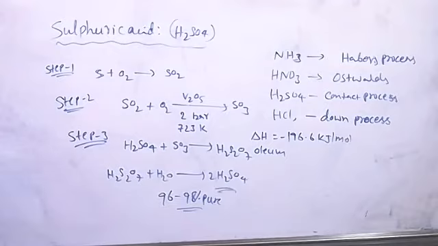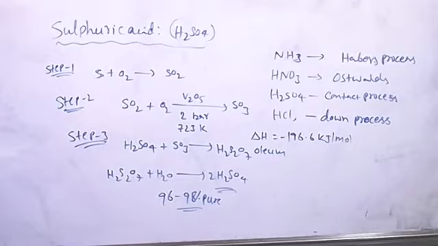Next, properties. Sulfuric acid is a colorless, dense, oily liquid. I think in the laboratory also you saw how it looks. H2SO4 looks like water only, but it has more density than water. Its freezing point is 283 Kelvin and it boils at 611 Kelvin. That's not much important. It dissolves in water with the evolution of a large quantity of heat. We know this. On dilution of H2SO4 with water, a large amount of heat is produced. So hence we must take care while preparing dilute sulfuric acid.